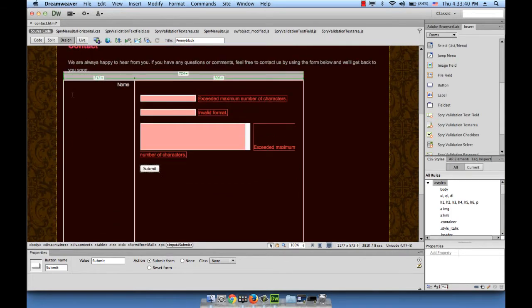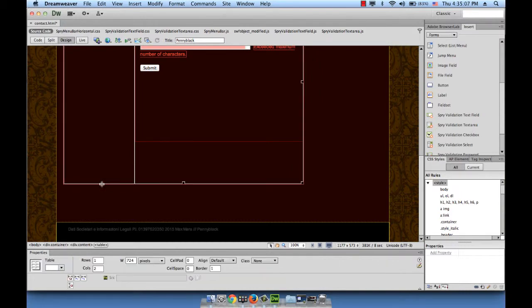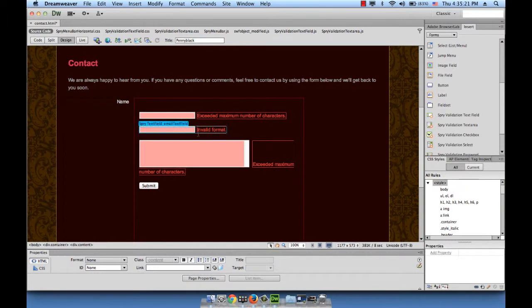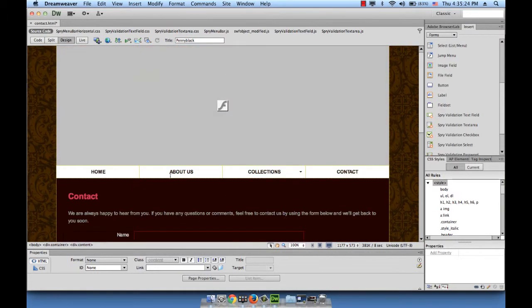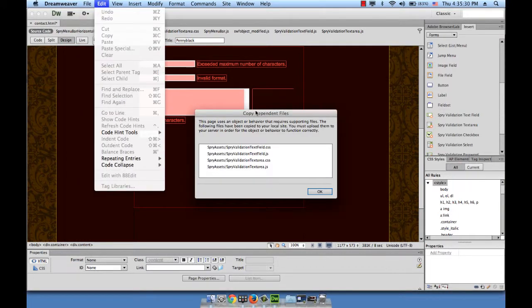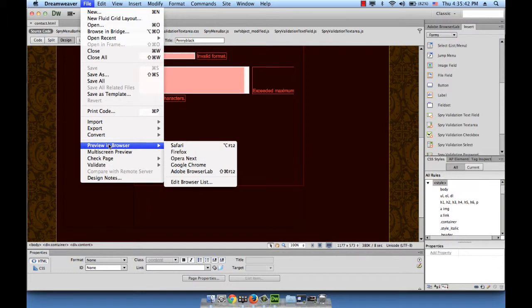Now I need to get rid of this white border. So let's click on the white border, like here, on the border, and you should see in the properties panel the properties changing to that of the table, and you will see border 1, change that to 0, and that's it, the border disappears, and this is your form. Let's go ahead and refresh the page and see how this looks. File, save. And obviously again this window appears which is asking to add additional CSS and JavaScript files, and you would say yes, and then let's preview,